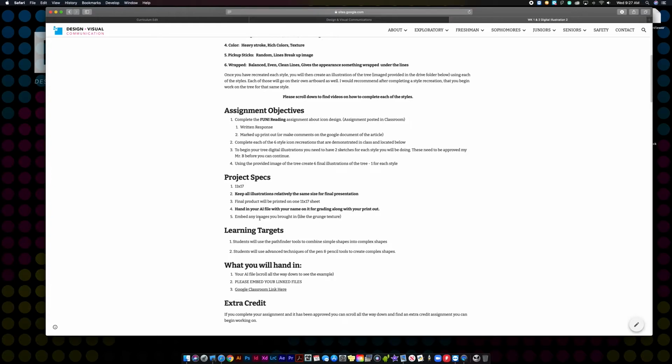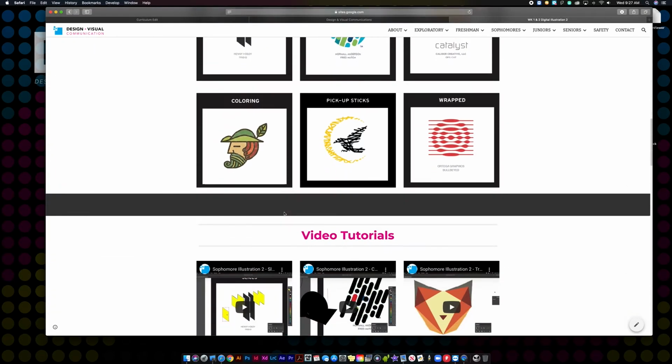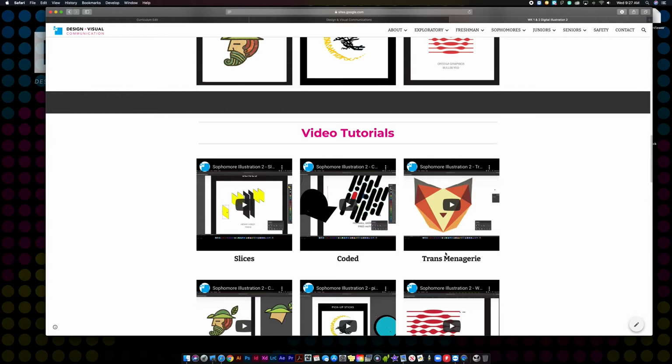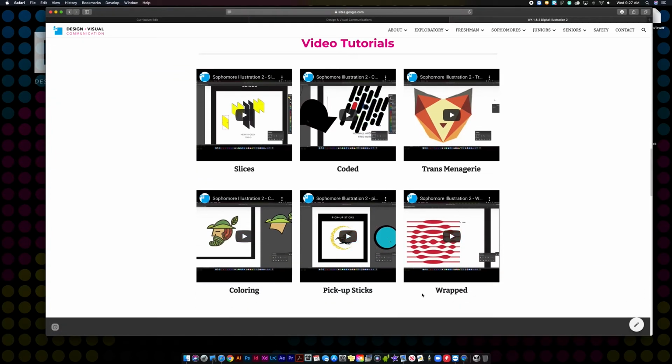And embed any images you brought in, all right? And I'm going to go over how to embed in the videos, all right? So that you'll see how to do that. So all of this will be covered in the presentations and or the videos, depending on what you want to do. So for each one of these, the slices, the coded, transmenagerie, the coloring, the pickup sticks, and wrap, I'm